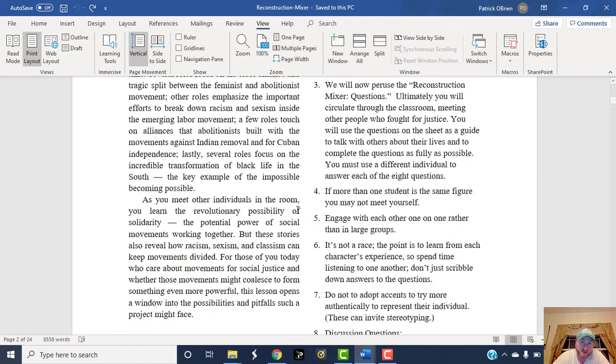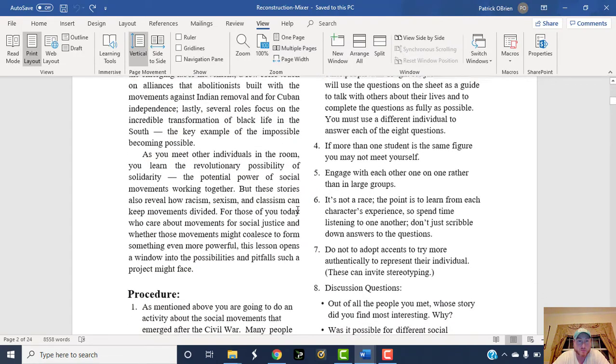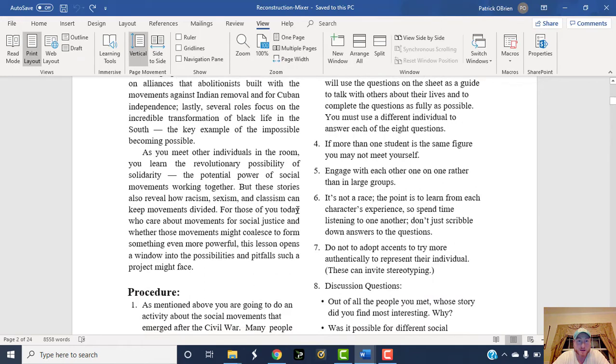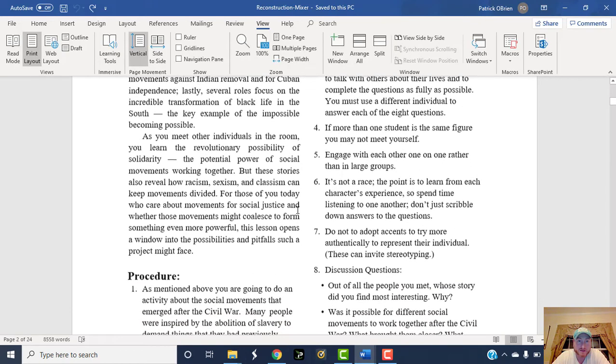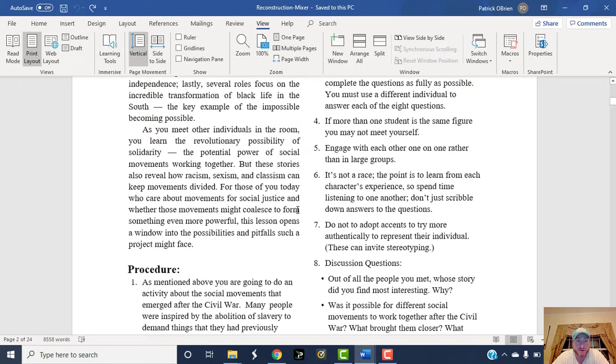Other roles emphasize the important efforts to break down racism and sexism inside the emerging labor movement. A few roles touch on alliances that abolitionists built with the movements against Indian removal and for Cuban independence from Spain. Lastly, several roles focus on the incredible transformation of Black life in the South,